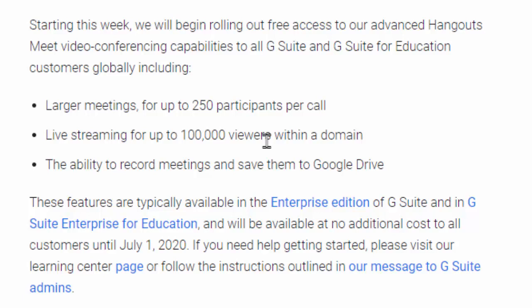And finally, you're able to record meetings and save them directly to Google Drive with just one button. You just go down there and click on the record and it starts saving it to your Google Drive so that you can have that for anyone else later and post that up on your website and so on. This is huge when you start looking at the use of Google Classroom and using that to help with instruction